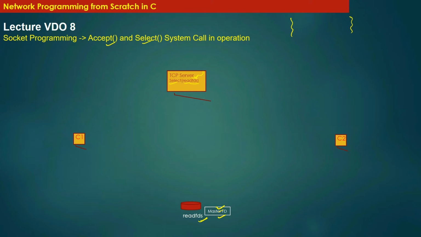And as I said, the select system call is a blocking system call. When this is executed, the select system call will block here. That is, the execution of the program flow will block here until the appropriate conditions which unblock the select system call are met. So going forward,